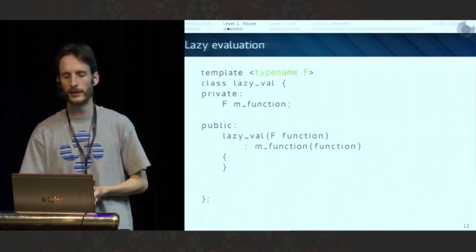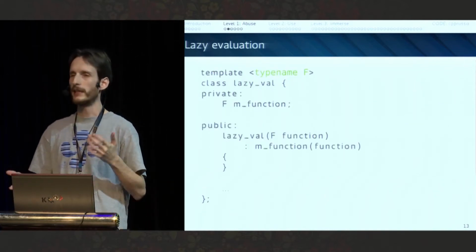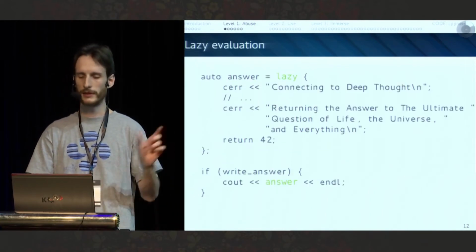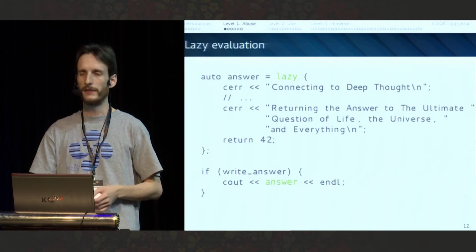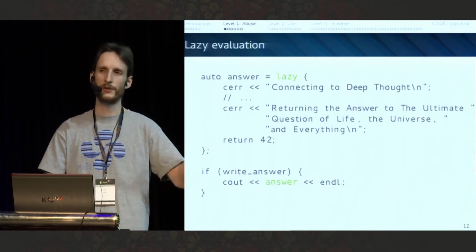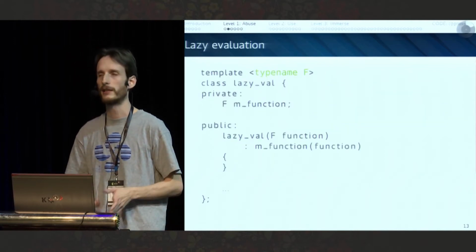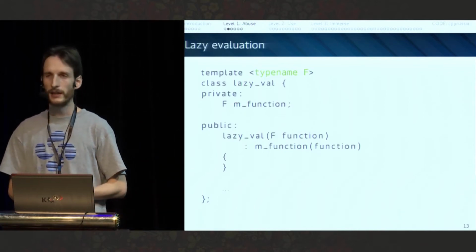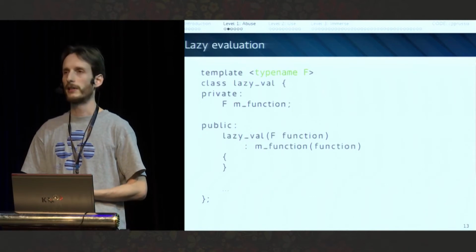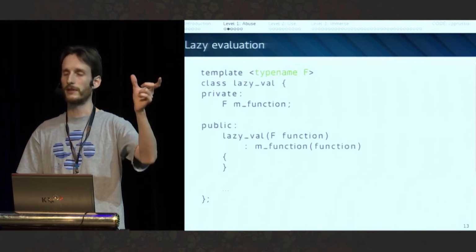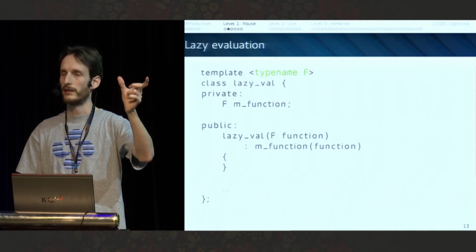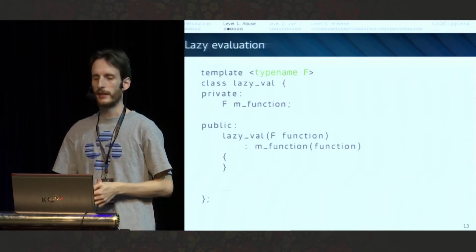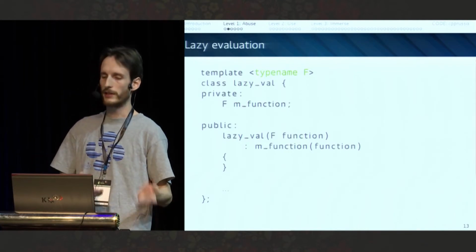So if we wanted to create something like this, we need to create a wrapper. The type of the answer is definitely not an int. We need to have some kind of handler to an int. So we are going to create a template class, for example, called lazy_val. Inside of it, we need to store the functional object, which that block will be. And at some point, we'll have to evaluate it and save